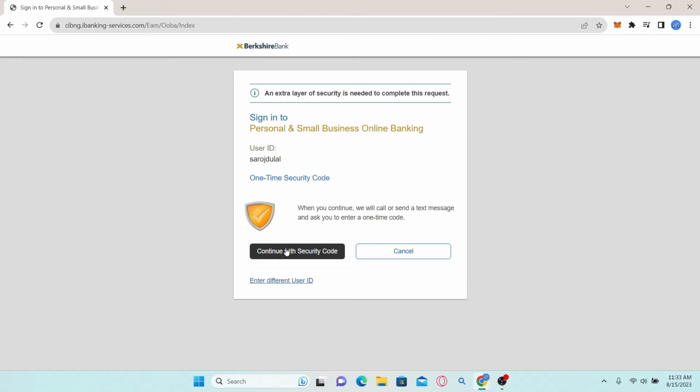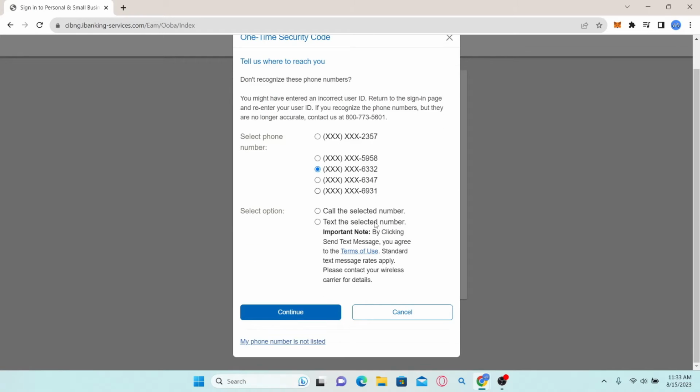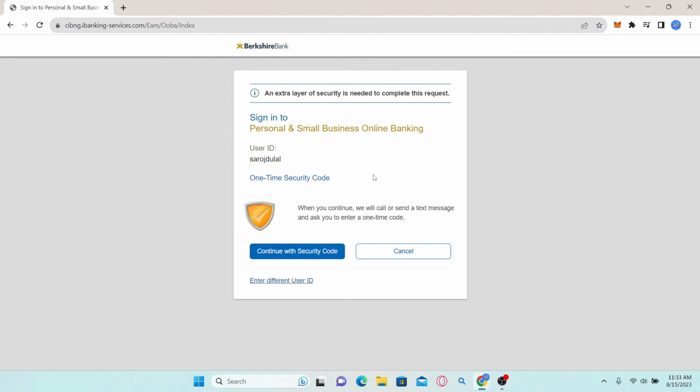You can click on continue with security code and then you will need to verify your phone number. Select your phone number from the given list and then you can select whether you want to be called or texted. After selecting your option, click on the continue button and you will receive your one-time login code to